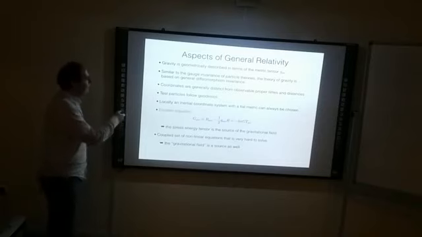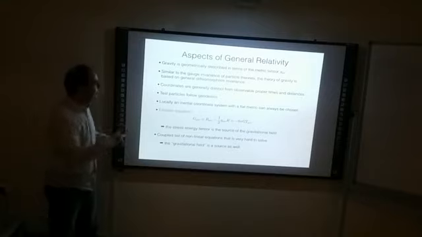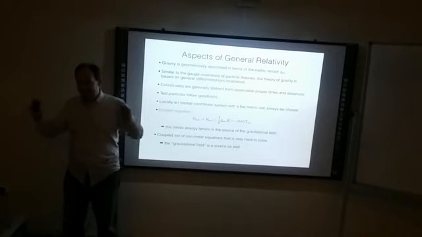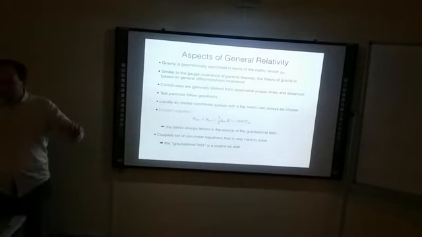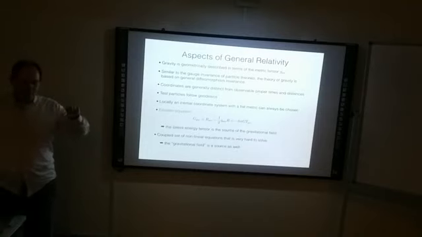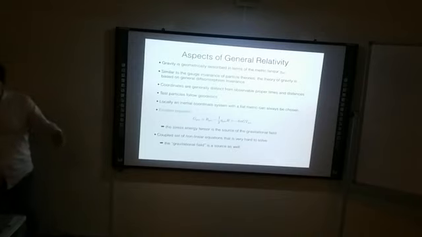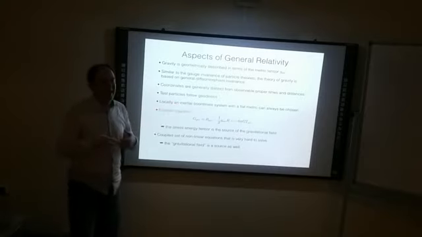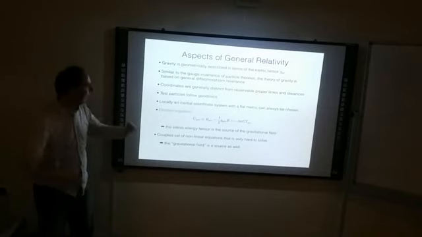The idea is that gravity is basically geometric, in the sense that it's described in something called a metric tensor, and all the metric tensor does is tell you how far two objects or two points in space-time are separated. It just gives you the separation. Surely in this room we can just have a ruler and measure, but in space-time, it's not that obvious how far two points are separated.